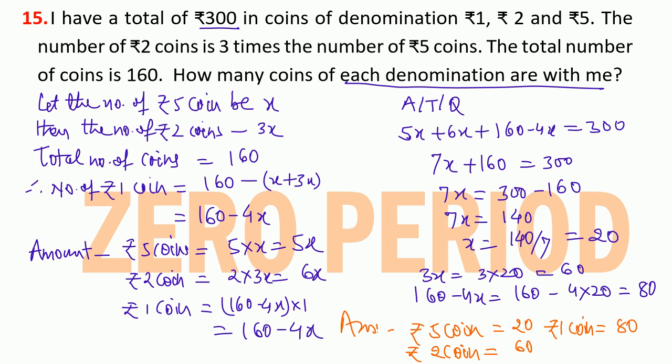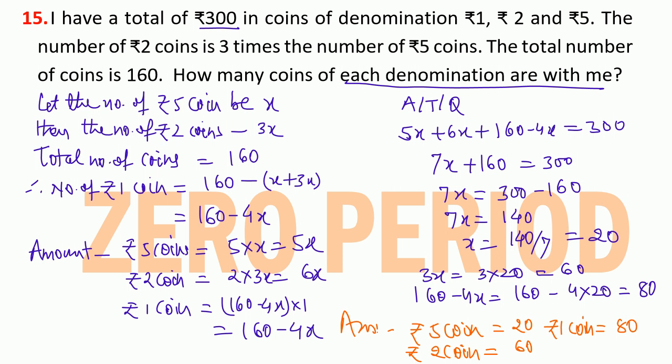This is the answer. You can count it and verify your answer. 20, 60 and 80. So finally you will be getting the value of all these desired numbers, and this is the end of this